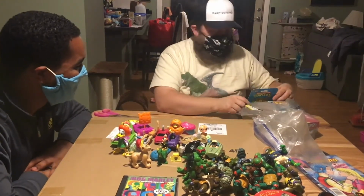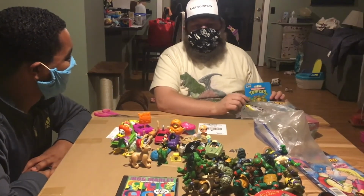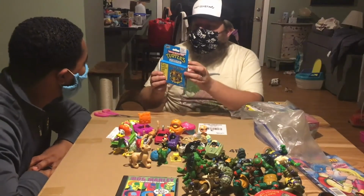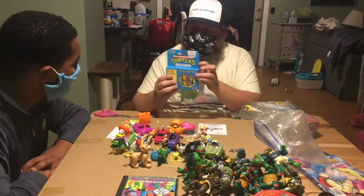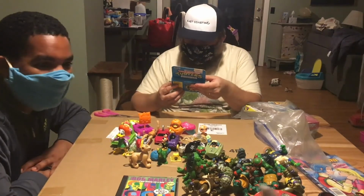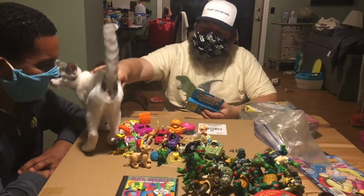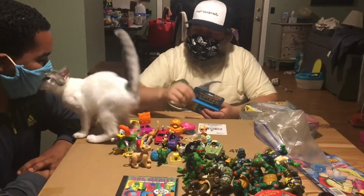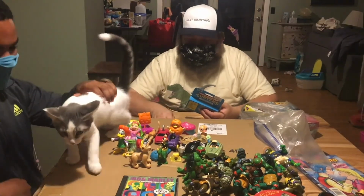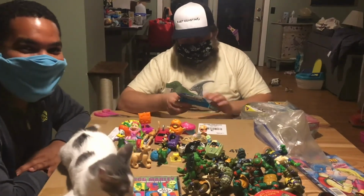So this is the first item that I decided to buy after Iggy told me not to buy anything more at that flea market. Check this out, dude. Turtle power. What is this? Oh, and only $1. This is made in the Republic of Ireland. But hey, this is Cody. Oh, so we have a guest star. His full name is Commander Cody. Friend of Ahsoka, friend to all. So he's gonna join us for the